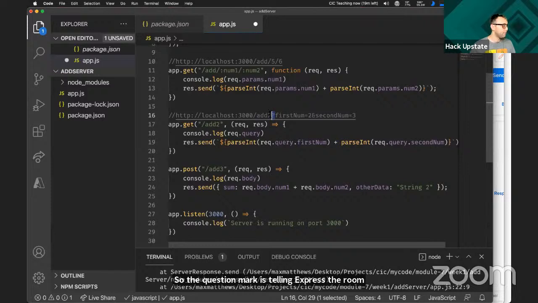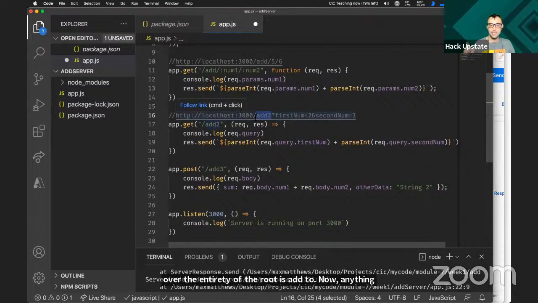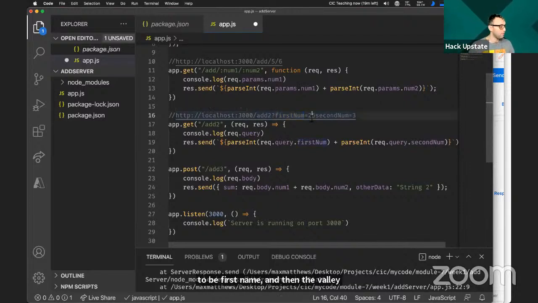The entirety of the root is add to. Now, anything that comes after that question mark are going to be key value pairs that are used for our get parameters. And so the key or the variable name is going to be first num, and the value of that key is going to be 2.